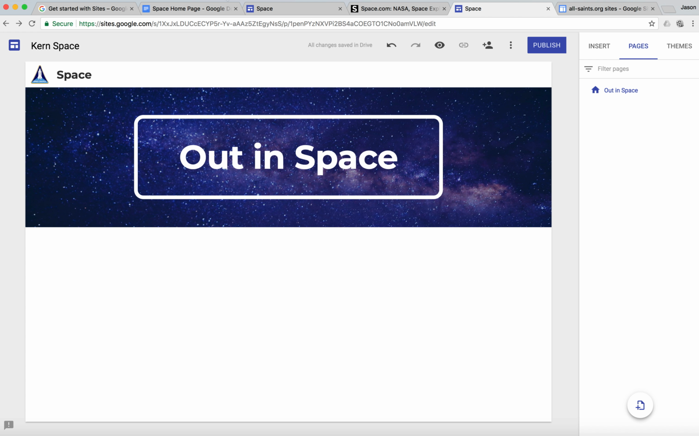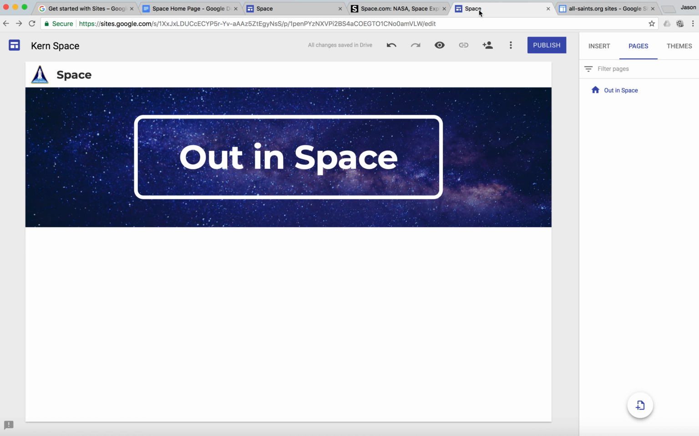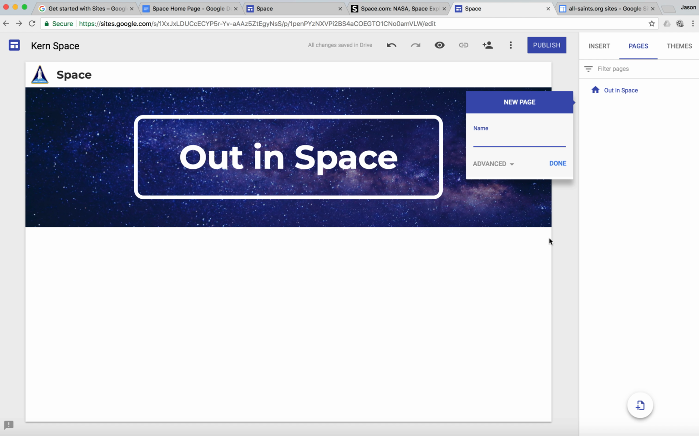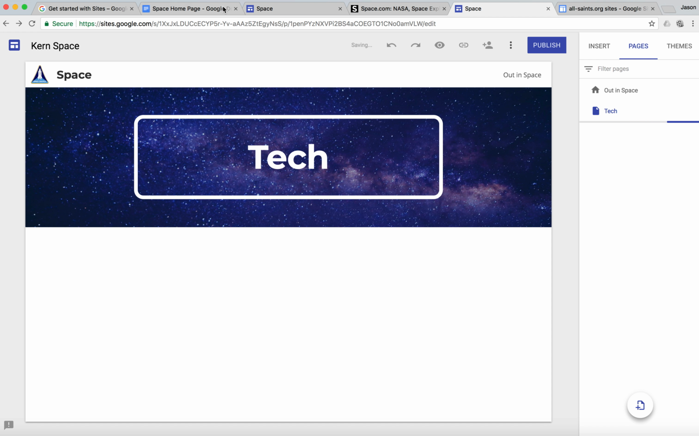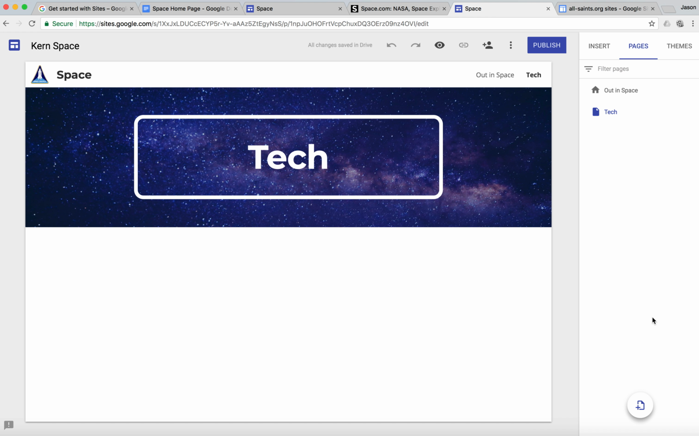But I know I want to make some pages, because I've already made my idea. So I need to go through and make 1, 2, 3, 4, 5, 6 pages. Before I do anything else, I'm going to start on that. My first page that I wanted to make was called Tech. So I'm going to make that. And then, since I've already typed it here, I'm going to copy it. I'm going to come back here